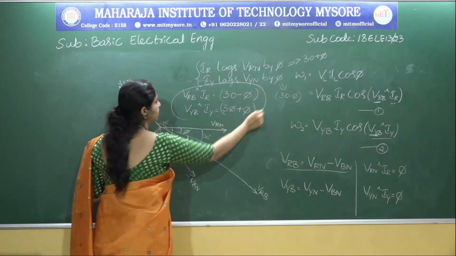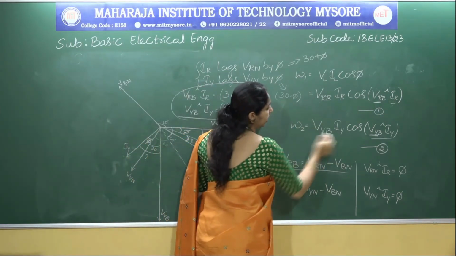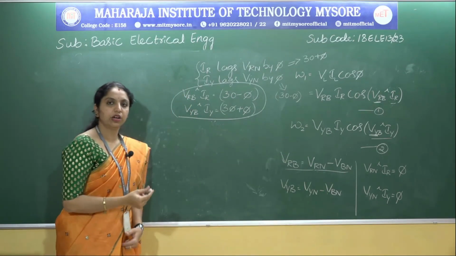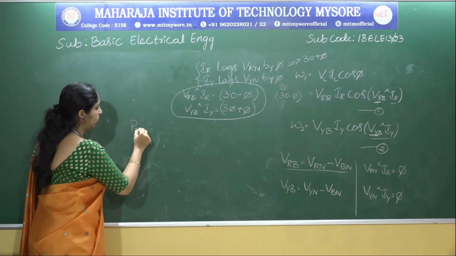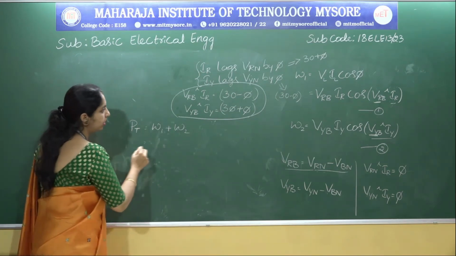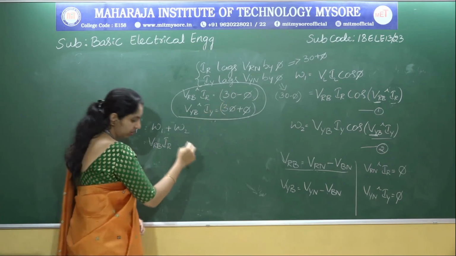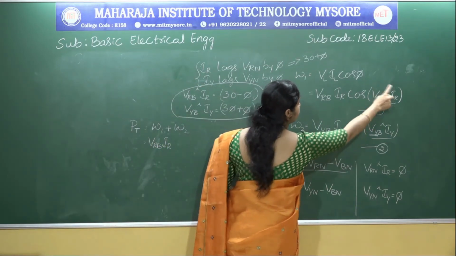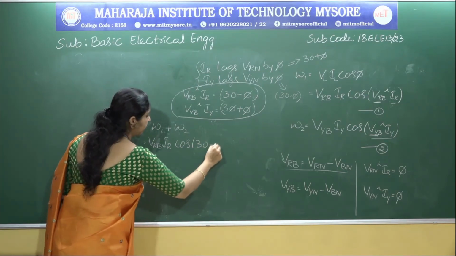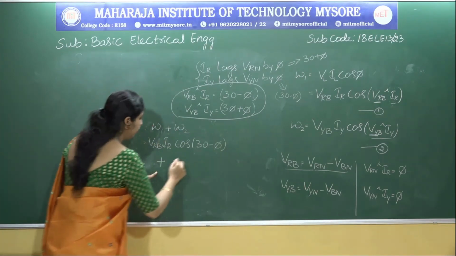Now we are going to substitute these two equations in the first and second equation, that means equation 1 and equation 2, to obtain the total power. So now the total power is equal to W1 plus W2. So what is W1? W1 is equal to VRB IR and cos of the angle difference between VRB and IR. So what is the angle here? The angle is 30 minus phi. So that means cos of 30 minus phi, okay, plus, so what is W2? W2 is VYB